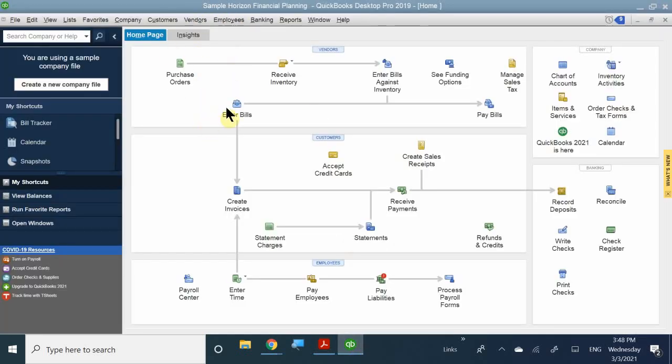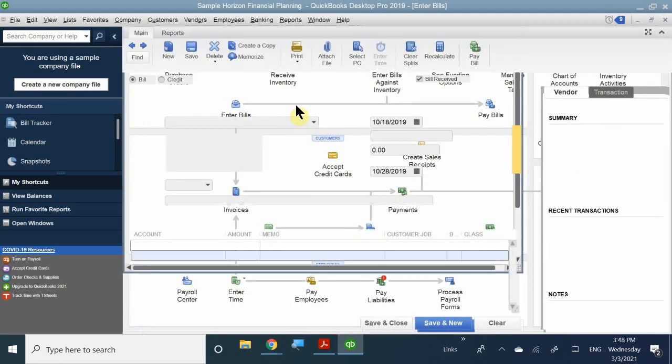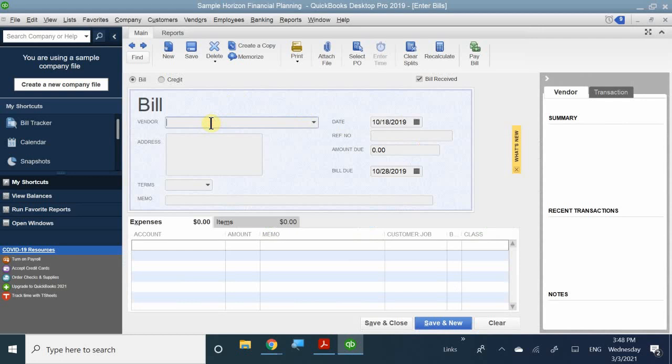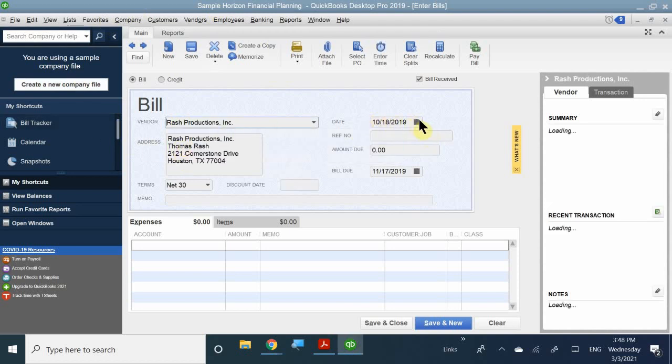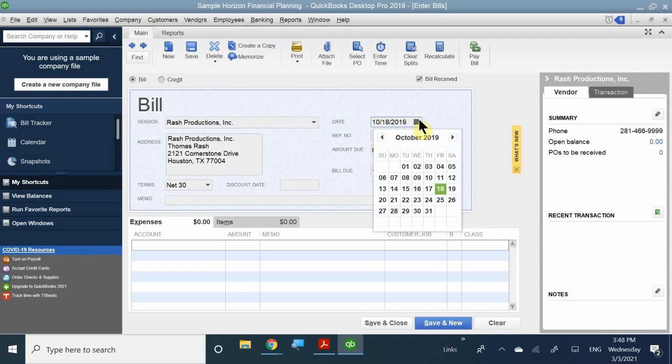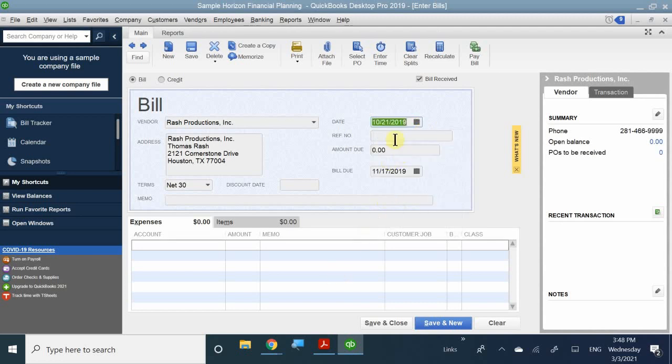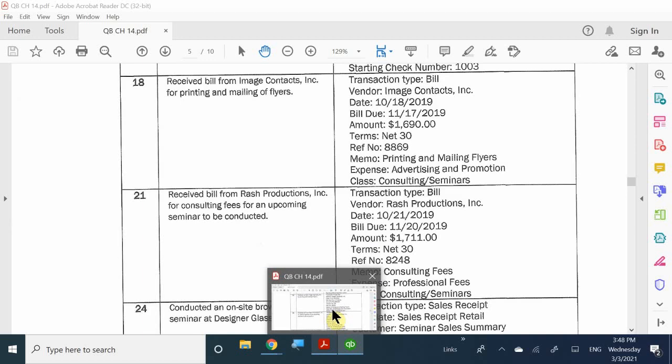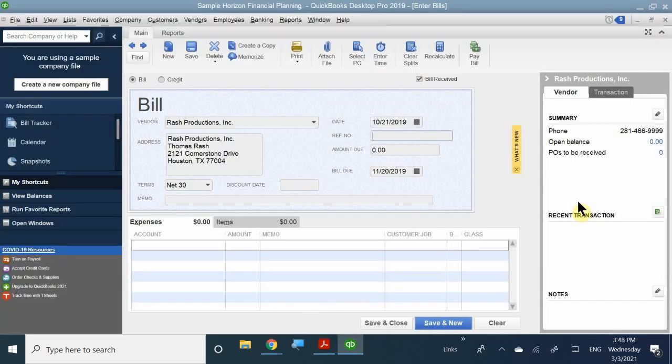In this case, we have a third-party vendor, right? We're seeking consulting advice. All right. So again, the person is Rash Productions. Okay. Date here is going to be the 21st of October. The reference number is going to be 8249. All right. And it says here in the memo, you're going to write consulting fees. So we don't know what they're consulting about, but